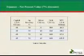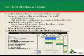I haven't actually plugged in higher silver prices at this point. When we update this study, we'll do that. But as I said, even at $15 silver, you can see relative to our market cap of around $10-11 million Canadian, there is significant upside here. In terms of the timeline,